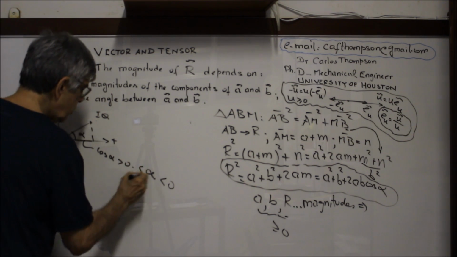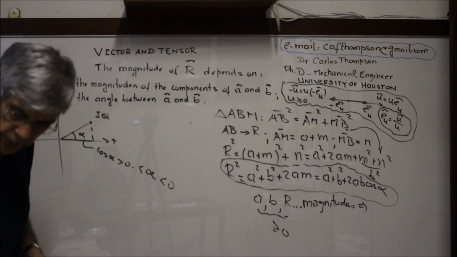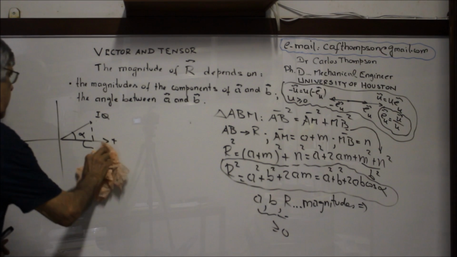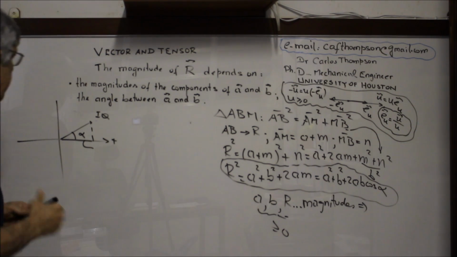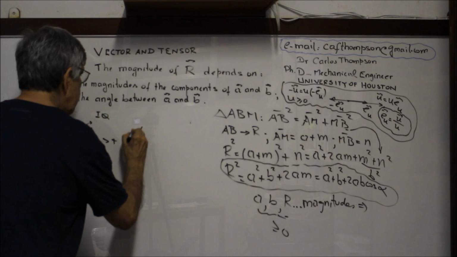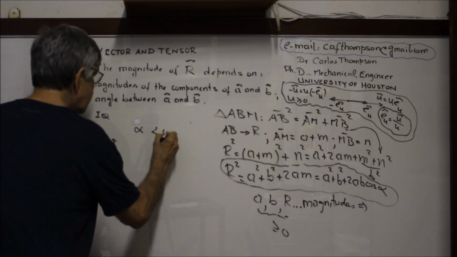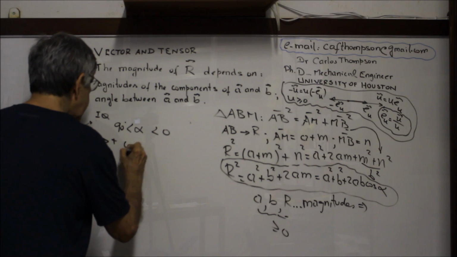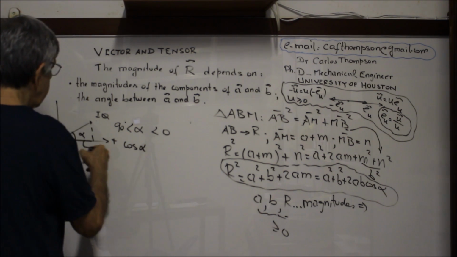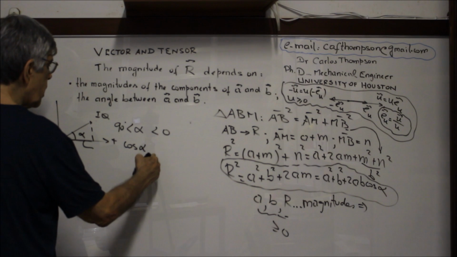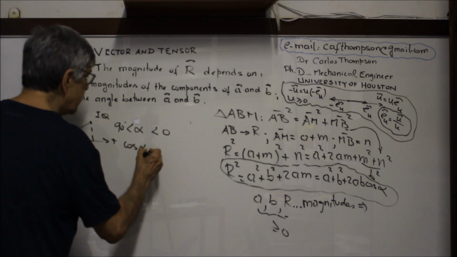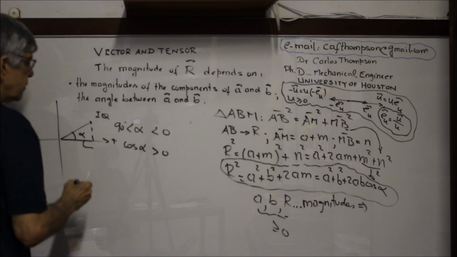For 0 the cosine is 1. I guarantee the cosine of alpha is positive,